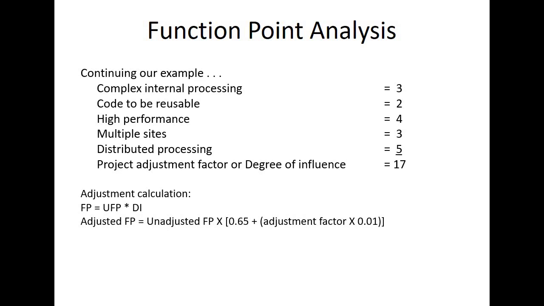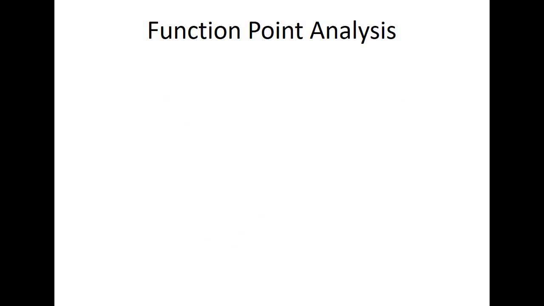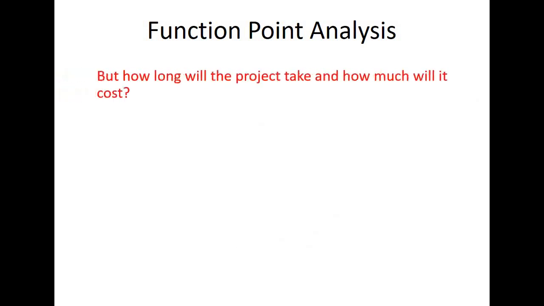So what we are getting is adjusted function point equals unadjusted function point into 0.65 plus adjustment factor into 0.01, right? So this is what we get in this form. So 240 into (0.65 plus 17 into 0.01). So 240 into 0.82. This is what we get, which equals 197 adjusted function points. So this adjusted function point is for the total project. So still we are